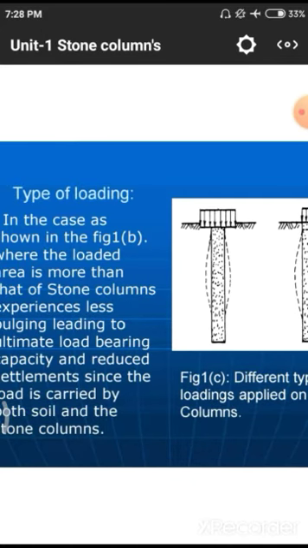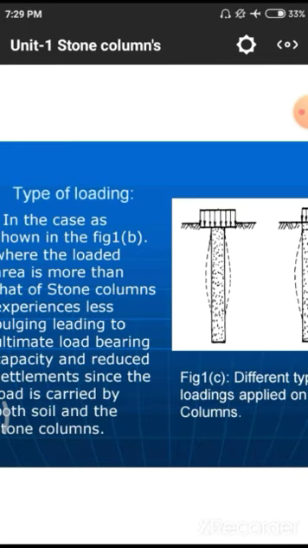If there is a huge area, the stone column we have to build in a small pattern, so that there may be less buckling. If we construct over the total area, the stone column also has to bear a huge amount of deflection. Why? Because in the stone column there is no binding particle; we simply pour a huge quantity of stony material, and after that we vibrate it for a particular period to bond them, to reduce the voids and for other small bonding, so that there may be a chance to buckle due to the application of load.